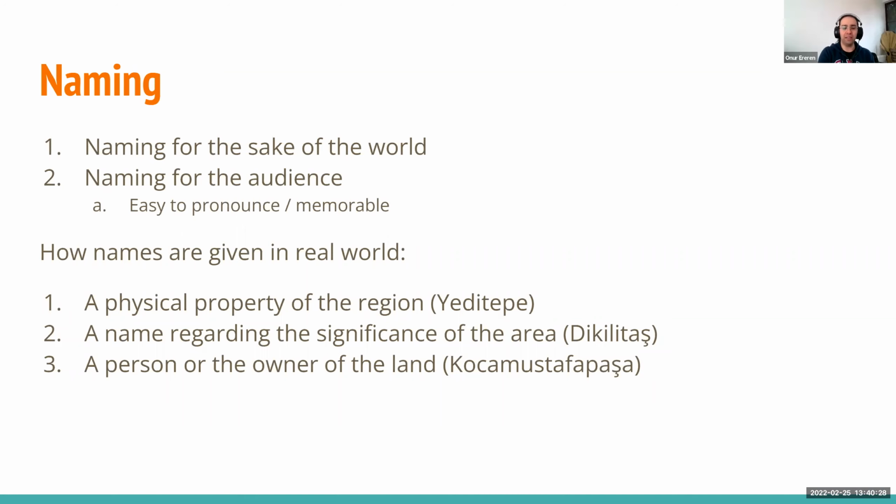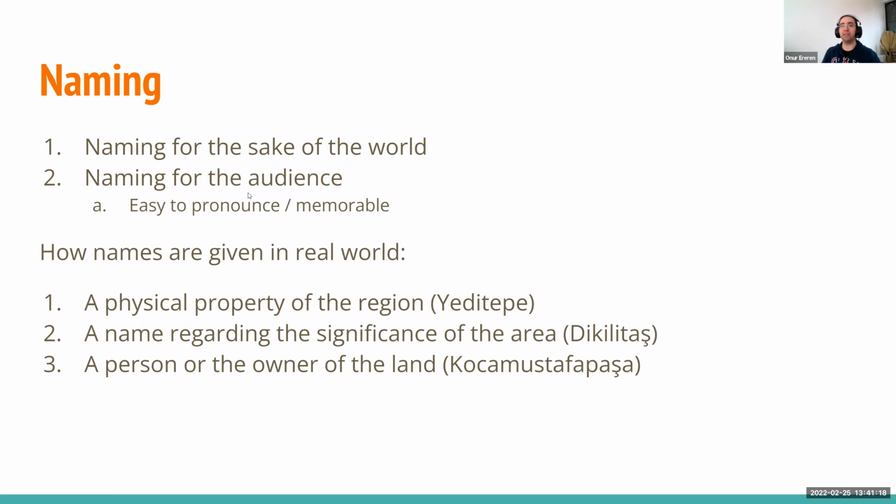So you can name for the sake of the world. You can just think about the world, and you can think what this thing, this place, this concept, this person would be named. And this is more or less what Tolkien did actually. But what Tolkien did wisely was to translate it to English. So you can see in Tolkien's works, especially the Lord of the Rings, that he says he translated them from the books that elves wrote. So he actually sees himself as a translator from Elvish to English. So actually the names that he has are in Elvish, but he finds English names for them. So you can do a similar thing and name for the sake of the world,